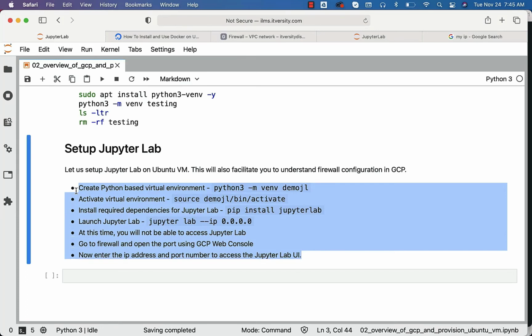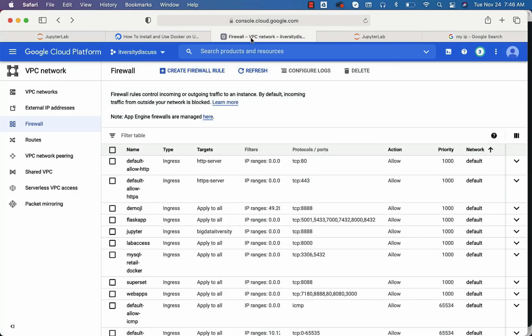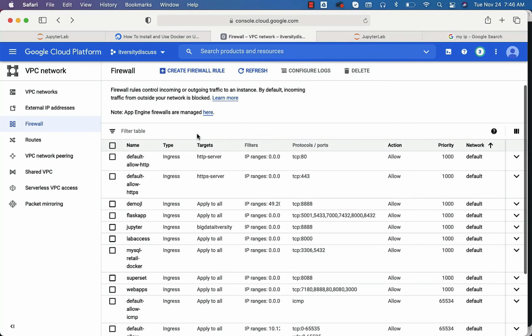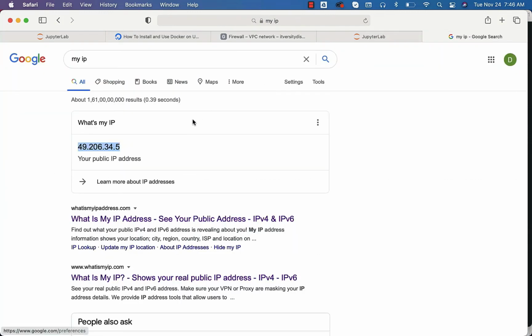We have used GCP as the main platform. We not only set up Jupyter Lab, we also made sure that the firewall is opened under GCP only for my IP. If you want to open for all the IPs, you can just say 0.0.0.0/0 wherever I have entered the IP address of mine. In case you want to restrict, you just have to go to Google, say my IP. If it gives you an IPv4 IP like this, you can leverage it directly. Otherwise, you have to click on one of these links and you should be able to get the IPv4 IP and configure the firewall.